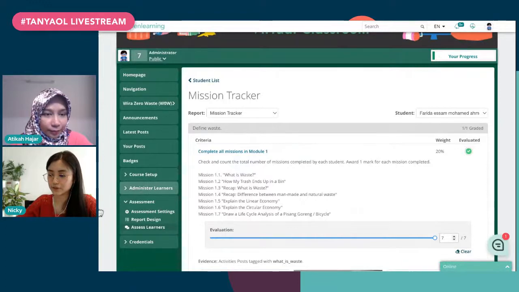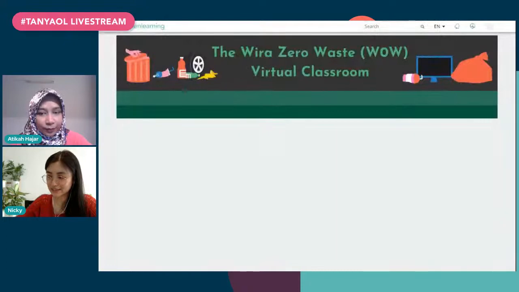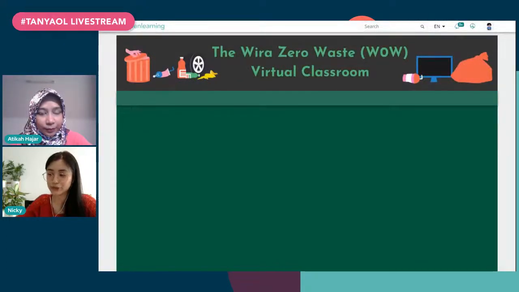And as for giving badges, we actually had these very nice badges designed by, I believe, Ilham. She's a Malaysian illustrator. And they had already been used on Telegram.